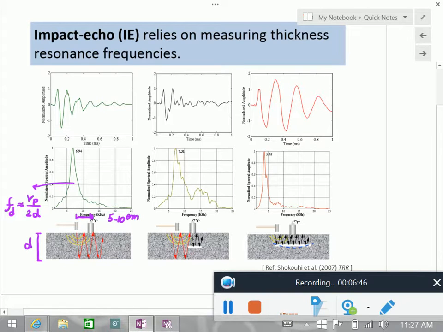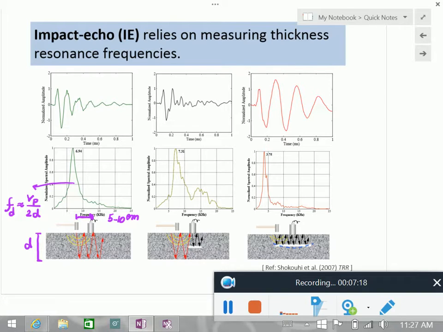I'll tell you a little bit more about impact echo when we discuss surface waves. There is a reason why I say it's just approximate, but this approximation works pretty well. So considering that, if we have a situation where you have a layer in between, where you have debonding in your material, whether it is a fracture plane in a rock, or a delamination in concrete,